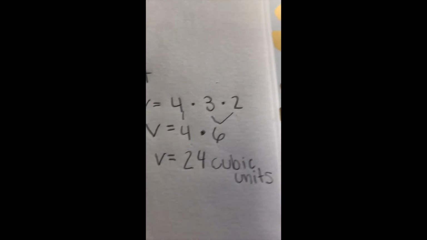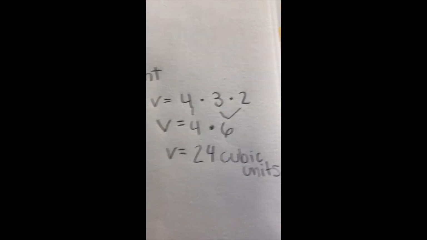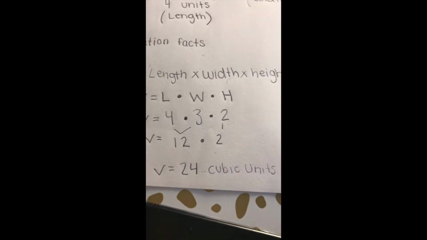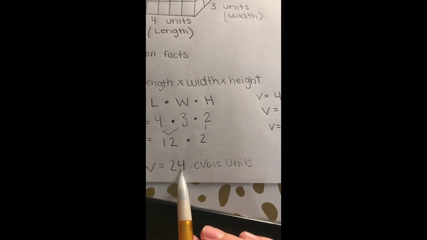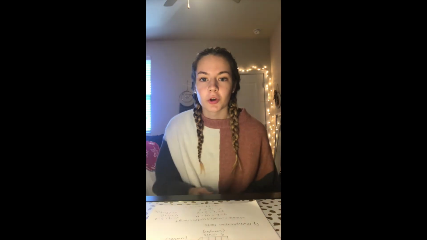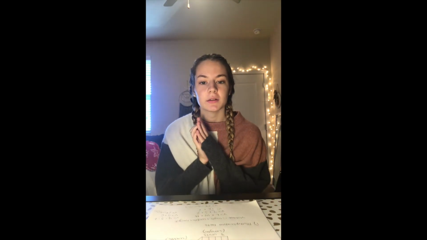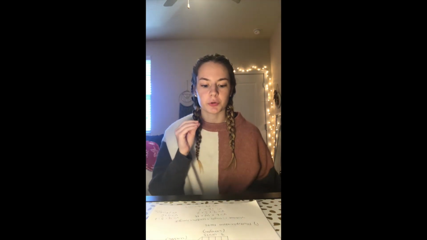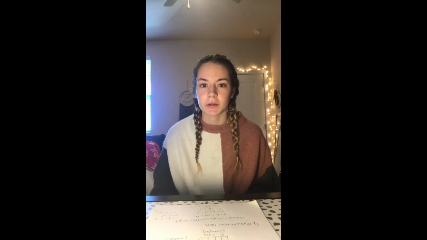So that's one way students can use multiplication facts to solve it. And another way is here. Either way, students should end up with 24 cubic units as the volume for this. So when the student doesn't want to use multiplication facts to solve the problem, they're unsure of what